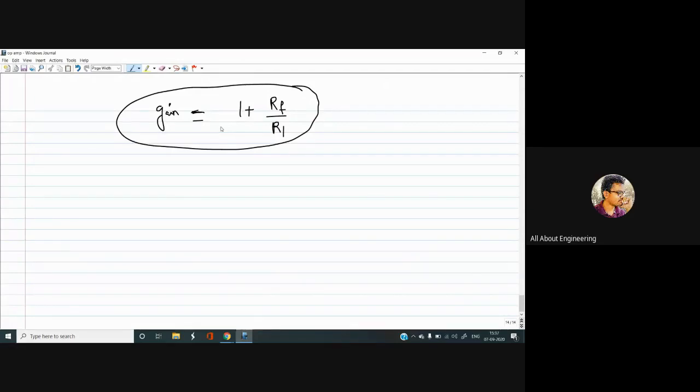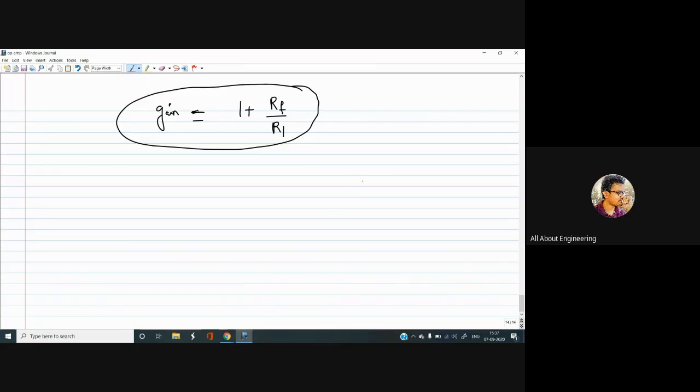You're saying that the gain is purely depending on the passive components, so we can alter the gain by changing these two passive components, RF or R1, in the circuit. We can program those things. But the straight away question that you can ask me is, won't these resistances be affected by temperature? Then my answer is absolutely yes. They will also be affected by temperature, but